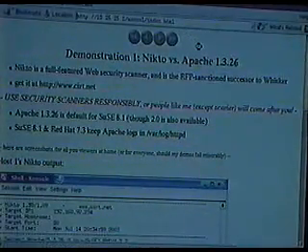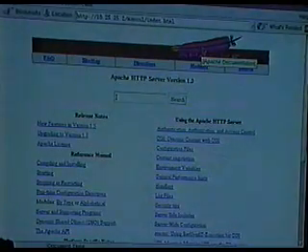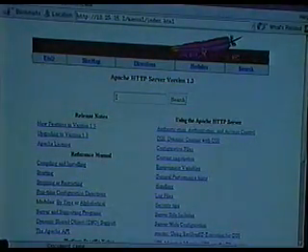And what do we got here? Yep, sure enough, Nikto was not delusional. The Apache manual is running on this host. Now,